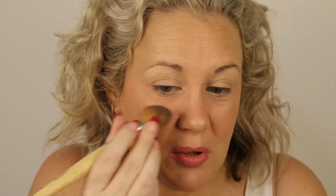I have to do this. I'm gonna go in. Oh no! I'm gonna go in with this fluffy brush under here, and set under my eyes, and see if we can get that photo finish that everyone gets. Is that? Wow. Oh wow! I'm impressed. Look at that. So shiny. Not so shiny, but it's still